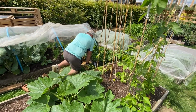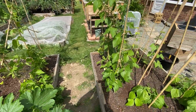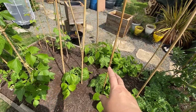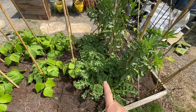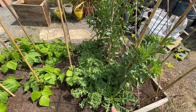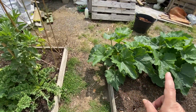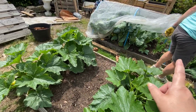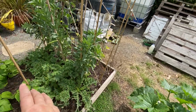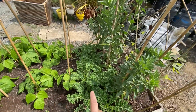And then over here, on this side, is more beans, various stages. The kale, this is my sacrificial kale, because I put some under the netting here, which Neil is cutting. And then the extra plants that I had, I just put them in here and thought